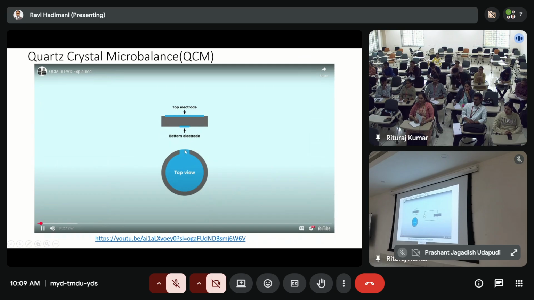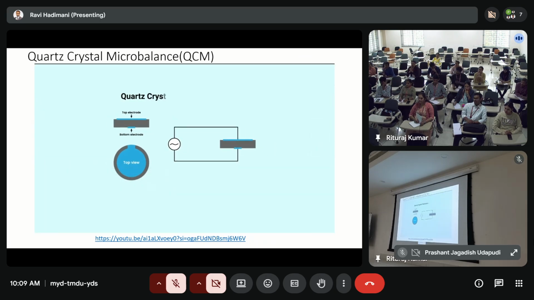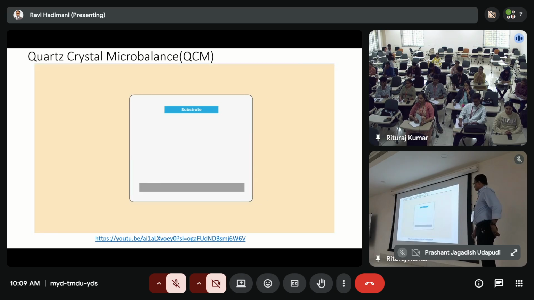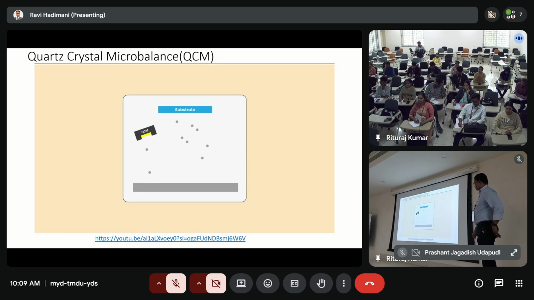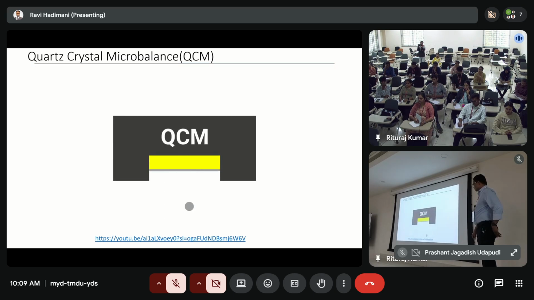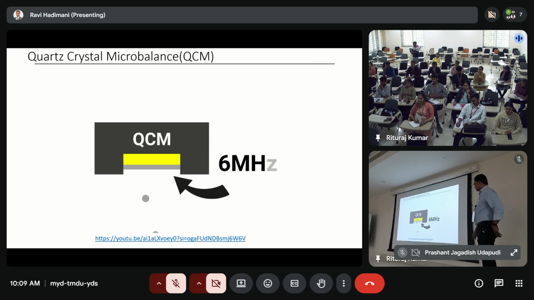A quartz crystal microbalance, or QCM, is a highly sensitive device that measures mass changes on a quartz crystal surface. A QCM is widely used in physical vapor deposition to monitor film thickness and deposition rates. The QCM is positioned in sight of the source, but not to shadow the substrate. The quartz crystal vibrates at a certain resonant frequency when it is electrically stimulated, which changes as the mass of the crystal changes. This vibration can be around 6 megahertz or 6 million full vibrations per second. A quartz